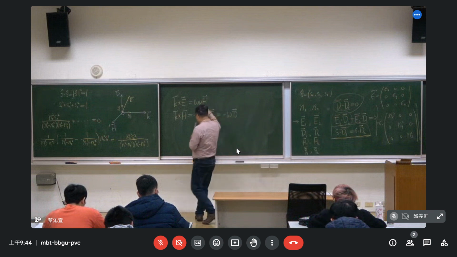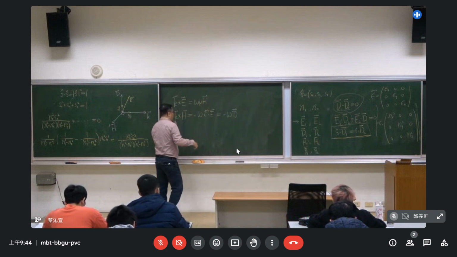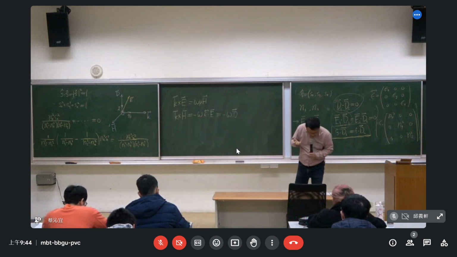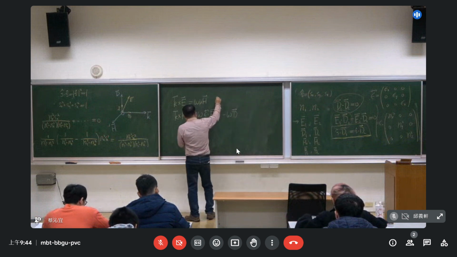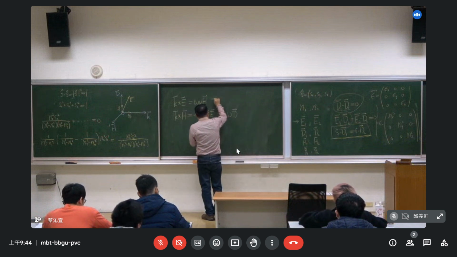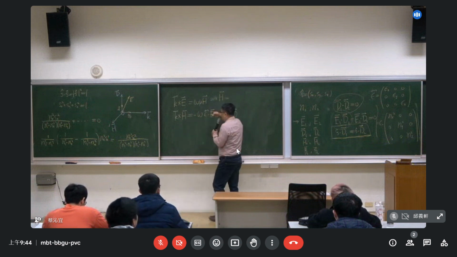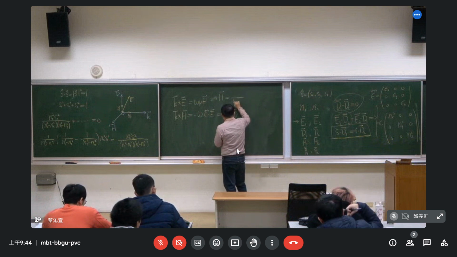According to these two expressions, the first expression tells us that the H vector can be derived from the k and E vectors, omega mu